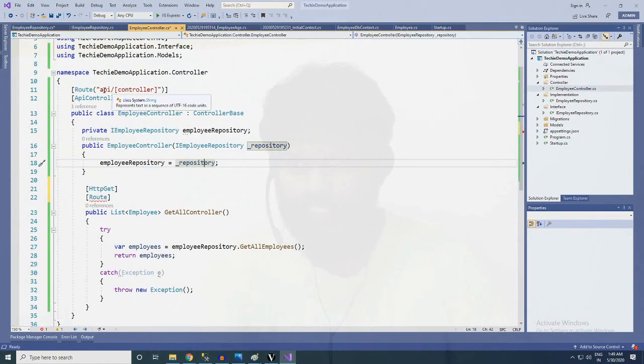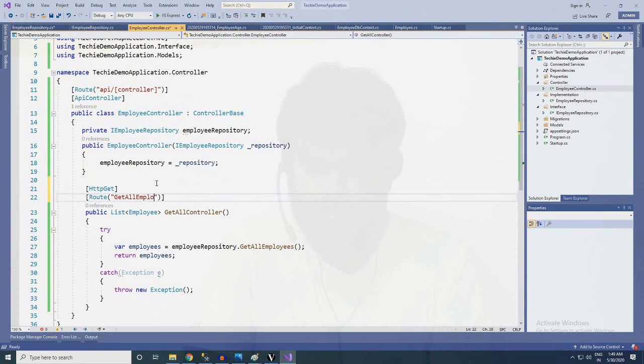Since the API controller is redirected here, that will be redirected to this class, and from this class, using the route, the method will be decided at runtime, like get all employees.